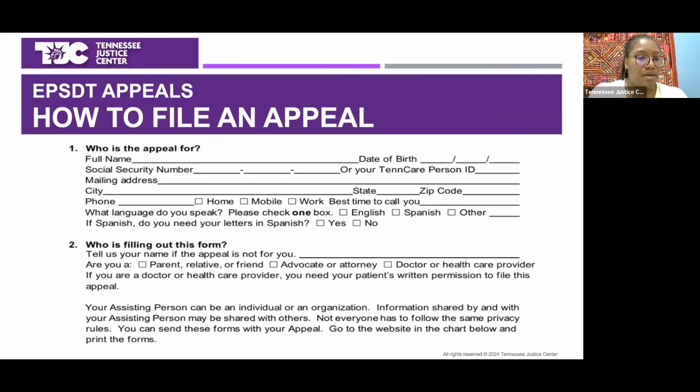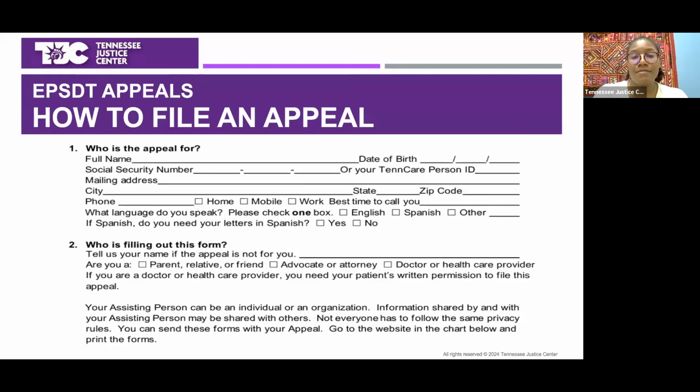So the first part of the appeal is straightforward questions about the person that is receiving the services. So you'll share some identifying information, standard things like your name, social security, address, etc. And then you can also identify if you have a language access requirement. If you have a language other than English, you can identify Spanish or other. Because EPSDT is typically for children under 21, there's usually someone who's working on behalf of the child. So it's completely okay for you to initiate the appeal on behalf of the person who's actually receiving the services. You just have to identify that.